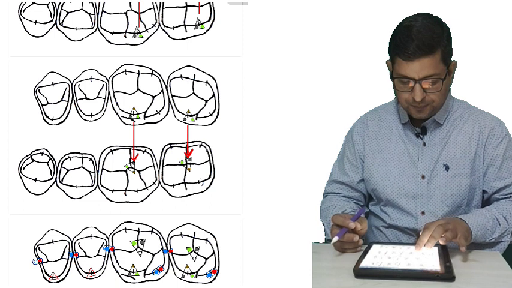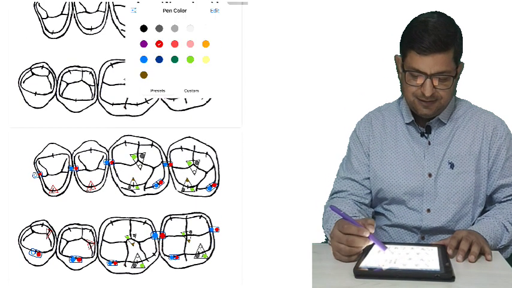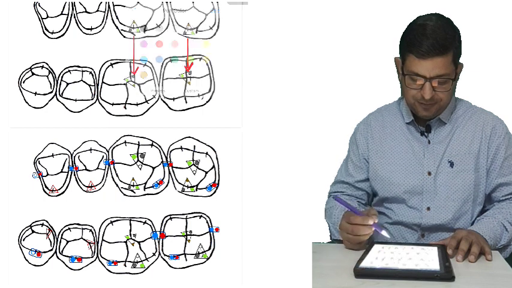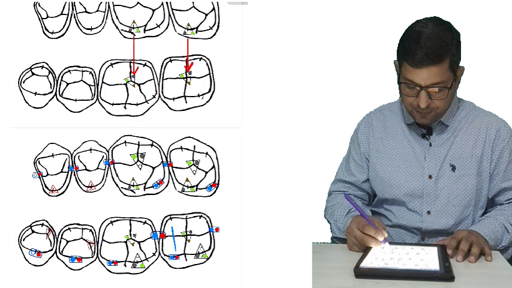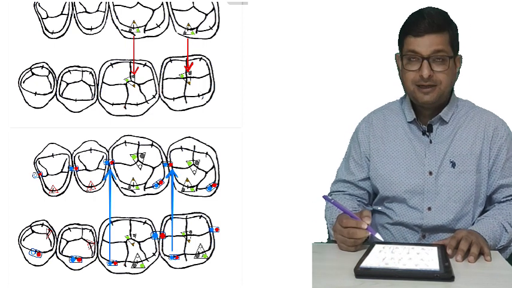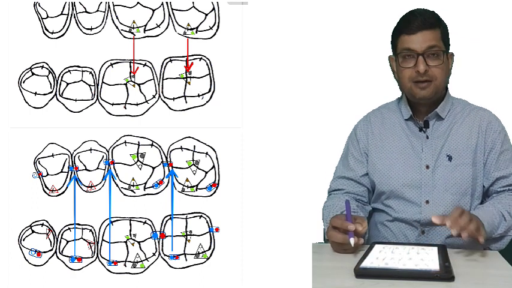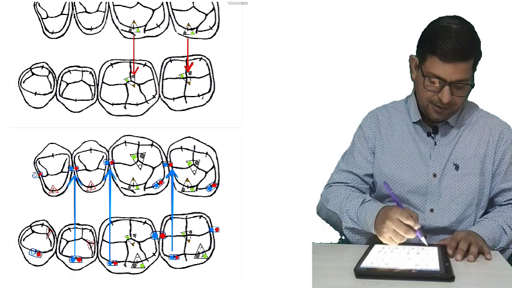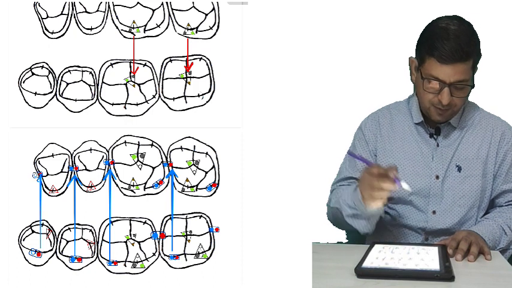Just to recap, first we'll see the 2-point contacts again with the blue arrow. As I explained, this mesiobuccal cusp will go and contact here, this mesiobuccal cusp will contact here, the buccal cusp of the second premolar will contact here, and the buccal cusp of the first premolar will contact here.